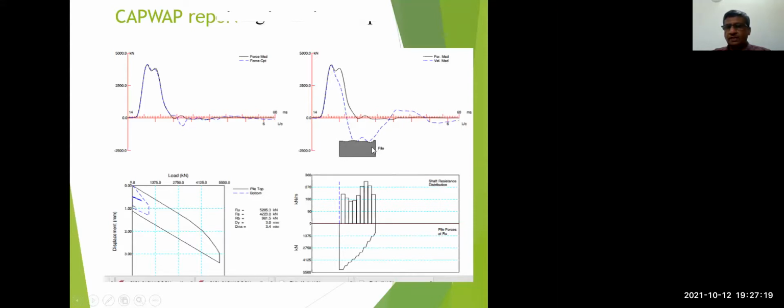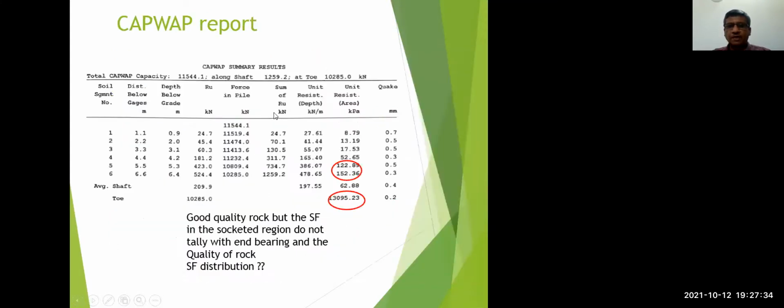This is the section of the pile that is predicted by the CAPWAP model, this is the skin friction variation predicted by CAPWAP, and this is the load settlement curve predicted by CAPWAP, right? Now in this particular site, you can see these two elements are in the bedrock, and